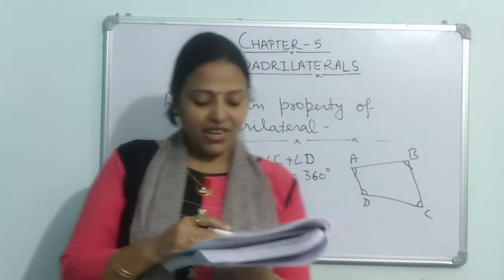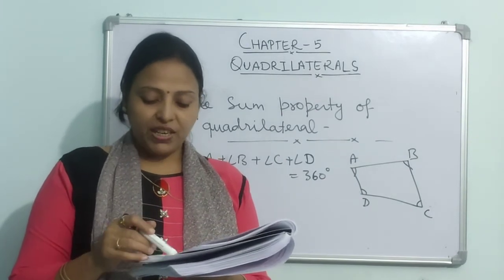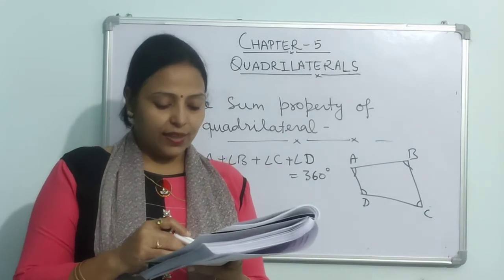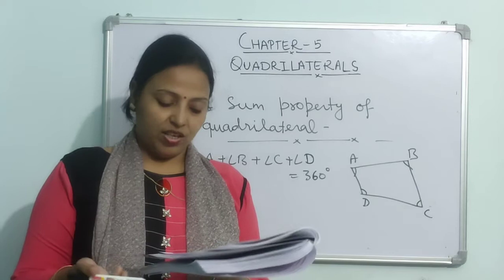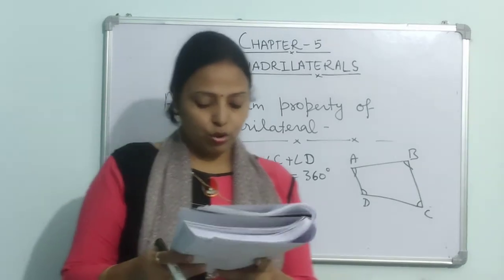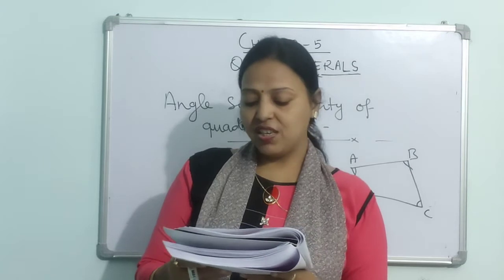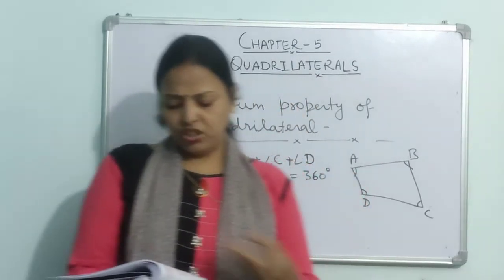Now the point P lies on the quadrilateral. Yes, this is also true. P lies on the quadrilateral. The point S lies in the exterior of the quadrilateral. S is lying in the exterior of the quadrilateral. This is also true. So the second, third and fourth, these three statements are true in this question. So I hope you can do these exercises.